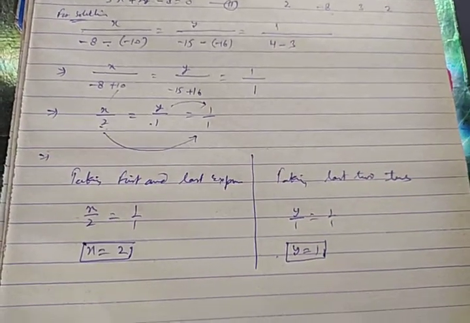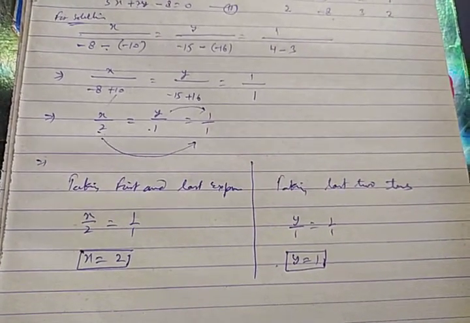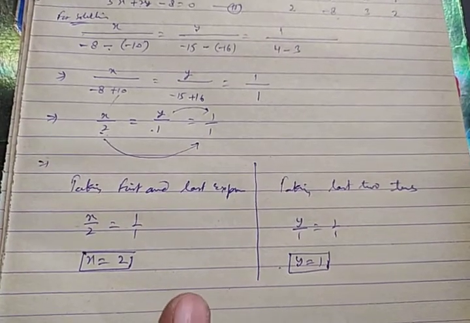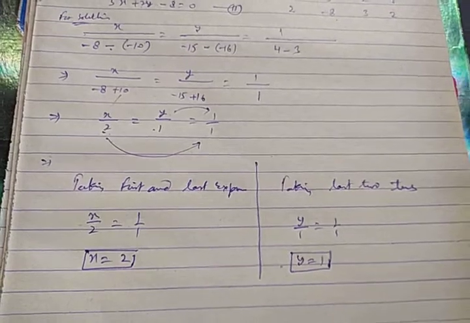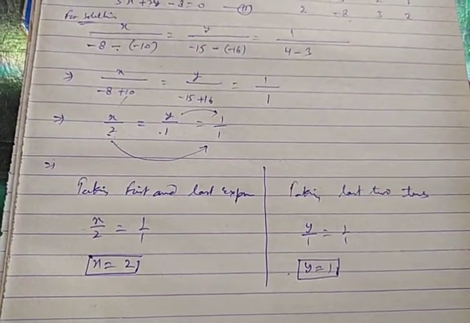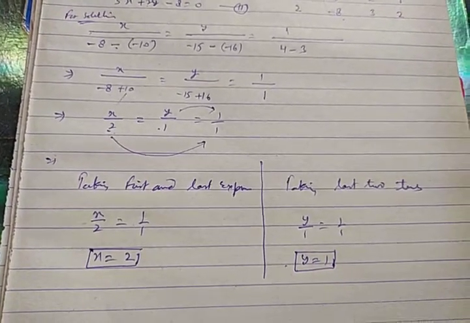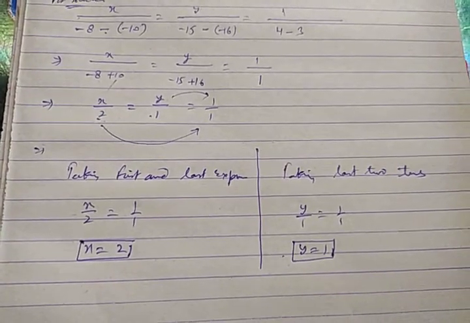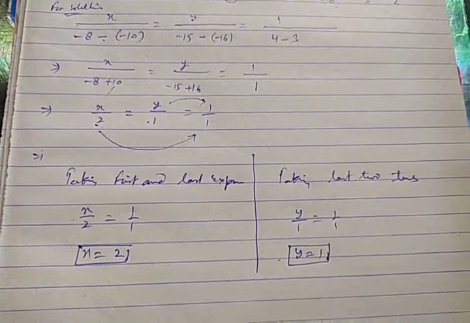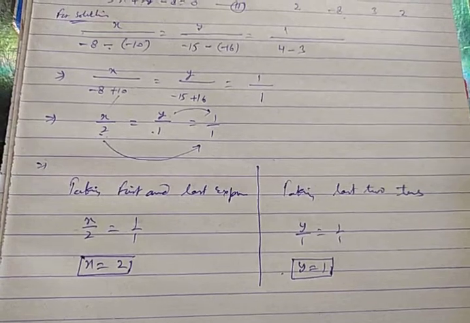And in the paper, if it is specifically given which method to apply, simply solve the given system of equations by cross multiplication method, then you will have to apply this method only. If you are doing the question by any other two previous methods, you will be awarded 0 marks. If it has been asked to solve the equation by substitution method, then you will have to apply substitution method. I mean to say, whatever the direction is given in the question, you have to follow that. You cannot put your choice unless it is left to you.